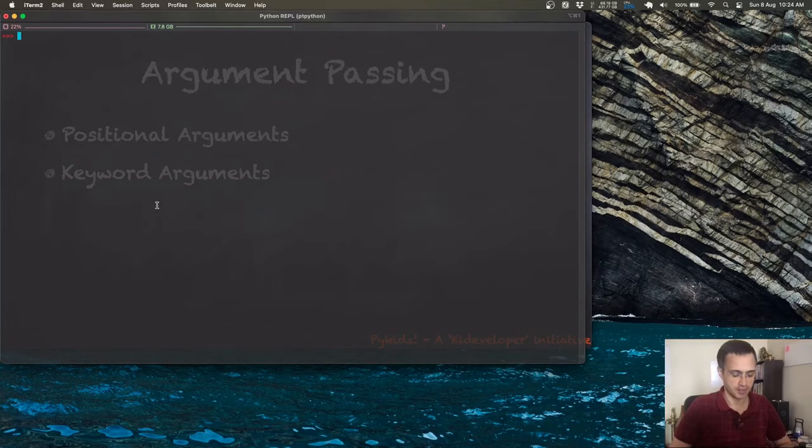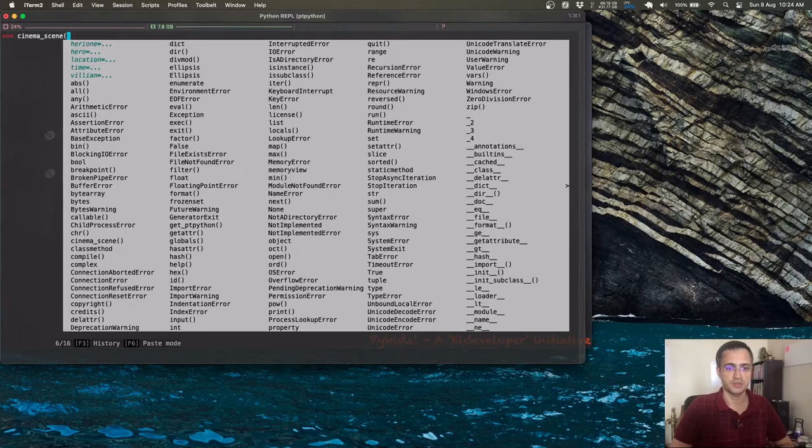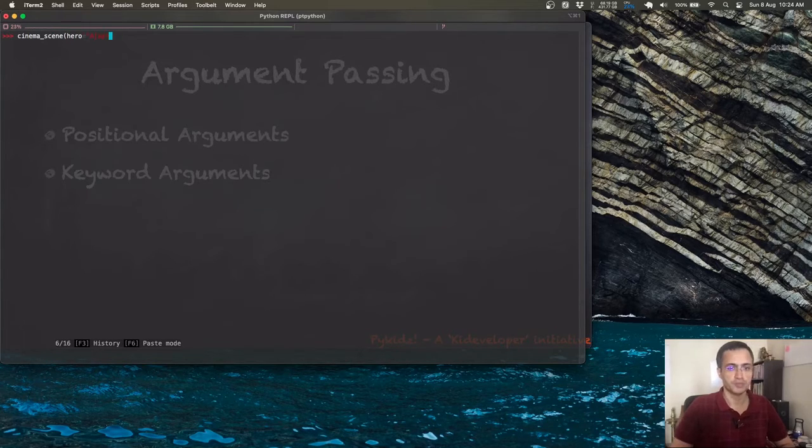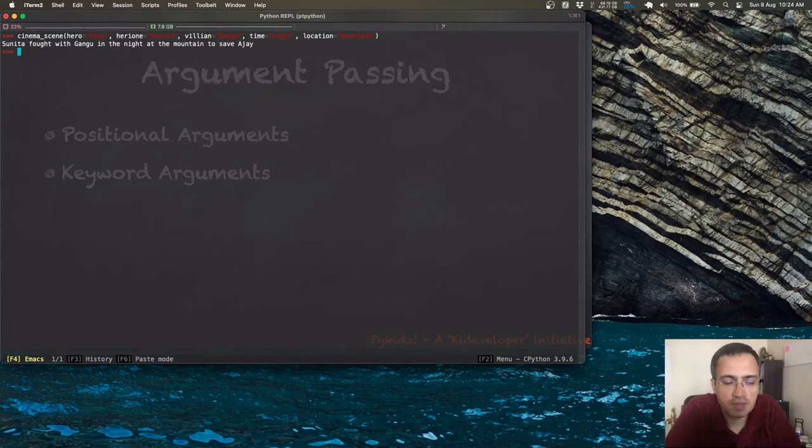I have hidden the definition. So that works, right? So it says Sunita fought with Gangu in the night at the mountain to save Ajay, right?